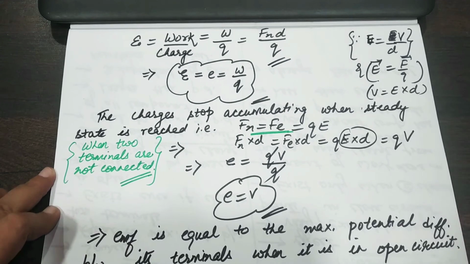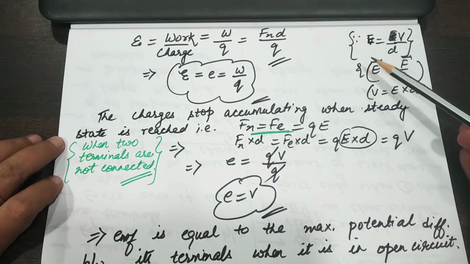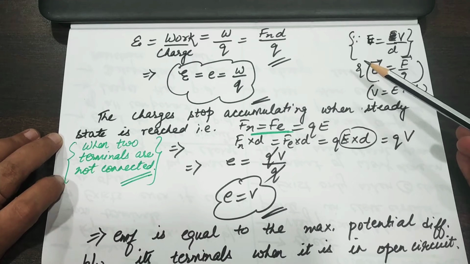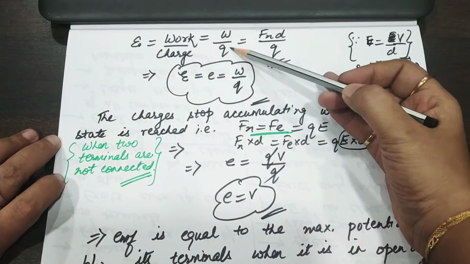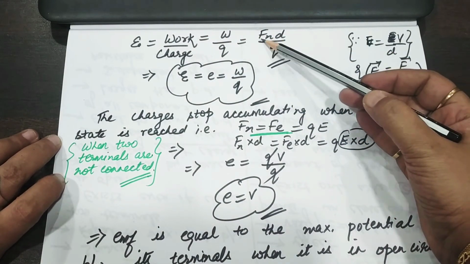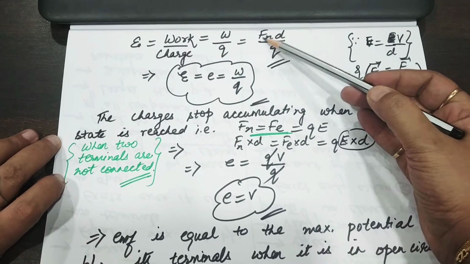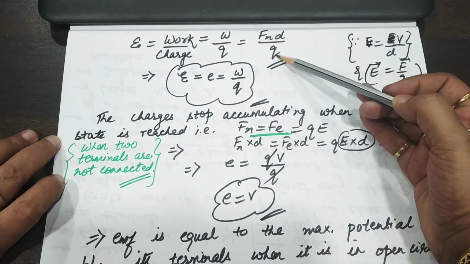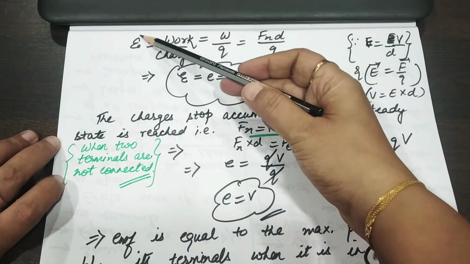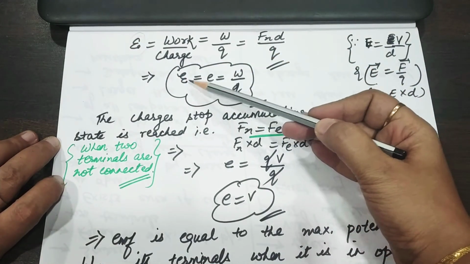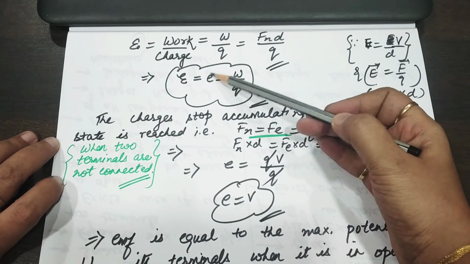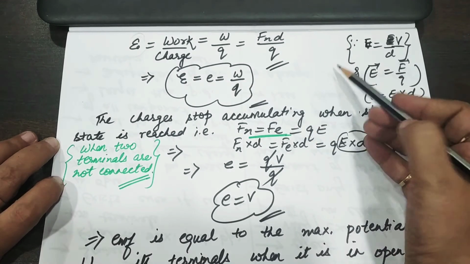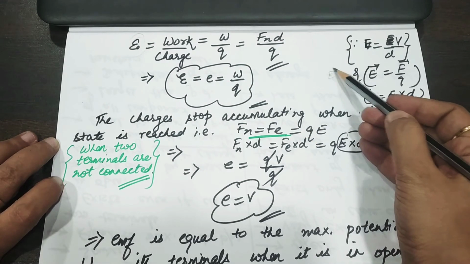Now we know that in previous classes also we have studied how we define potential. Potential is work done per unit charge. So work done is W, charge Q. Now just now we have written work done as Fn, which is the force of non-electrostatic origin, into distance upon charge. Now this work done we denote here by this E, a different type of E, or small e. We will never ever make it as capital E, because capital E will denote the electric field.